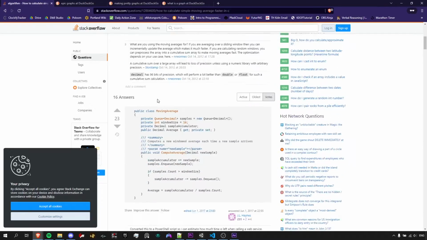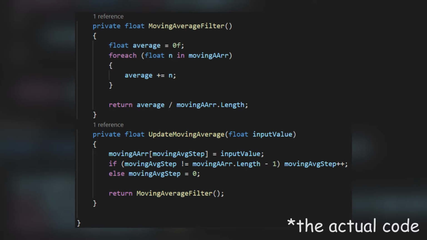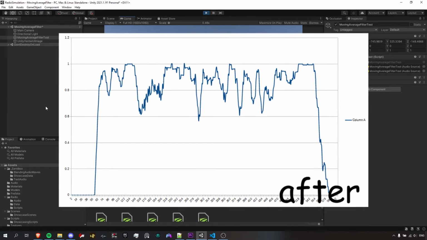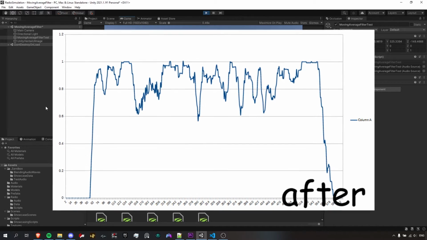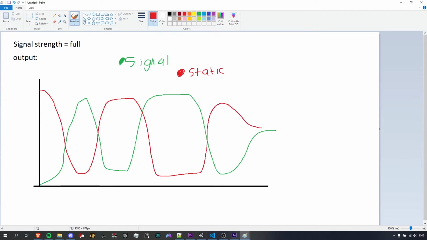To figure out the problem, I made some graphs and found that the signal was way too erratic. So after some short research on smoothing out data, I implemented a moving average filter which solves the problem. This does, however, raise another problem. Whenever an audio file has quiet moments in it, the static ends up coming through even whenever the signal strength